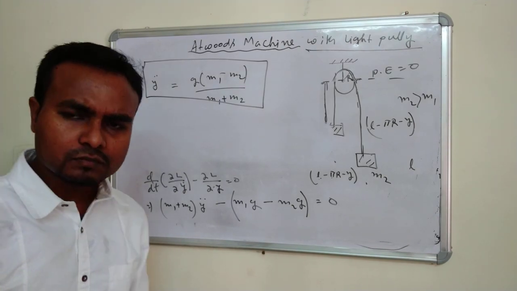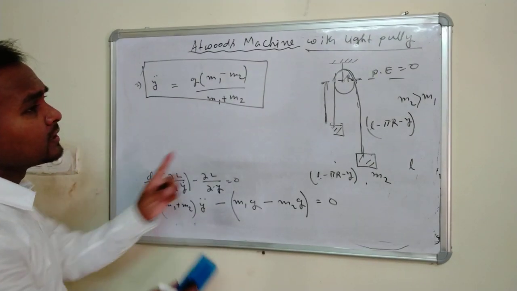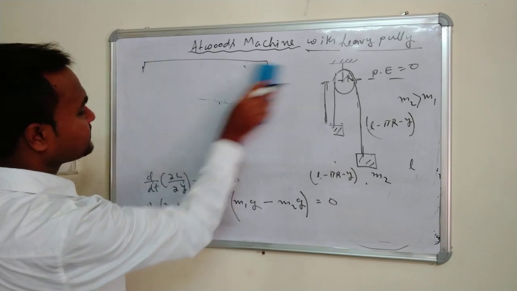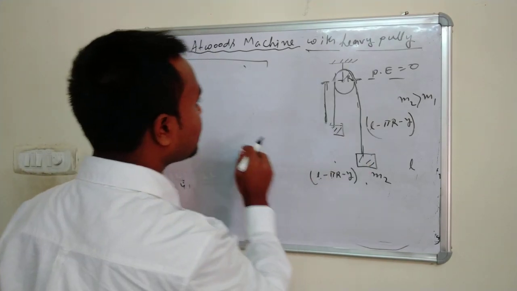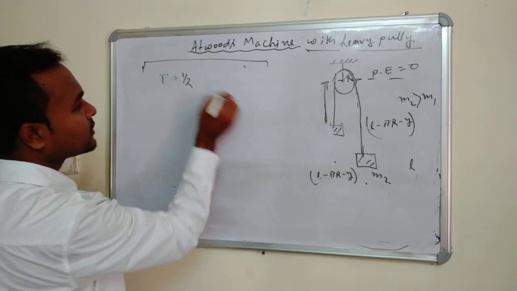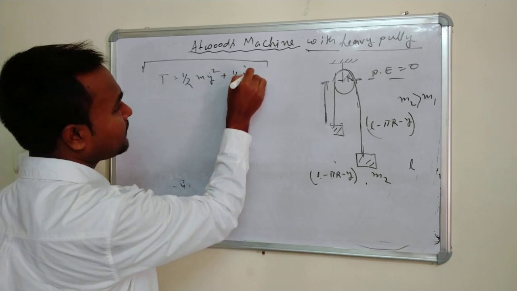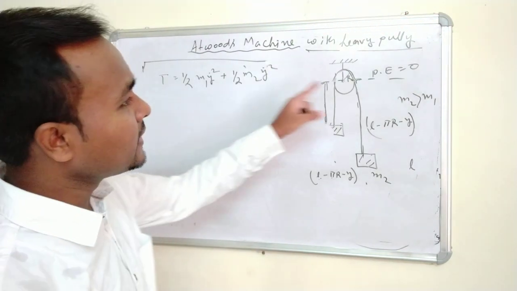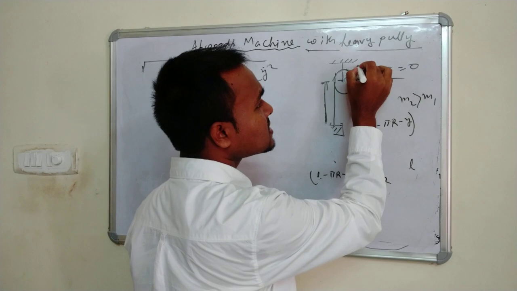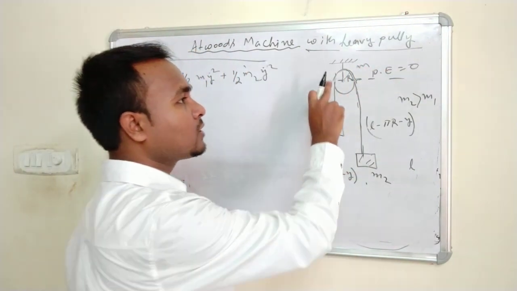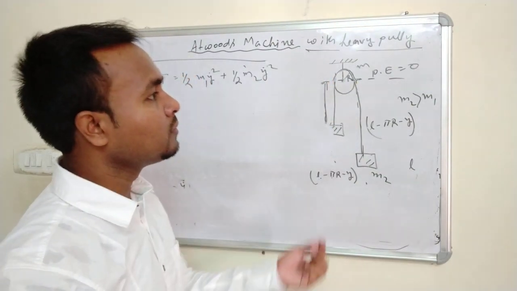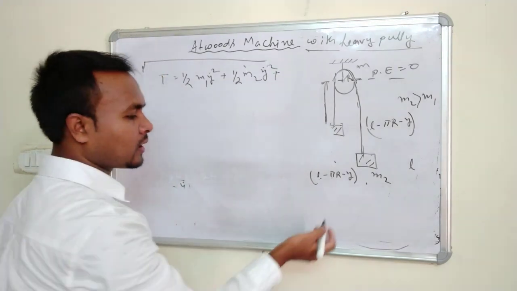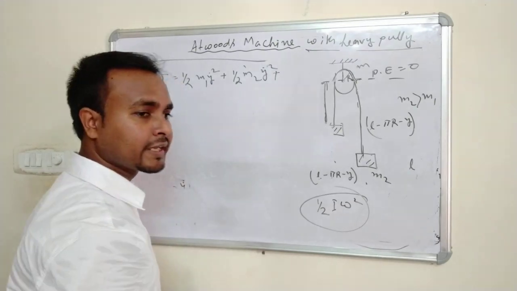Now you see, if I say this pulley is not light, it is a heavy pulley, so what will happen? If it is a heavy pulley, what will be the kinetic energy here? We got half of m1 plus m2 times y dot square. But when it is a heavy pulley, it is not massless. Suppose the mass is m. Because of the heavy pulley, another energy will be associated, that is the kinetic energy of this pulley, half of I omega square, the kinetic energy associated with a